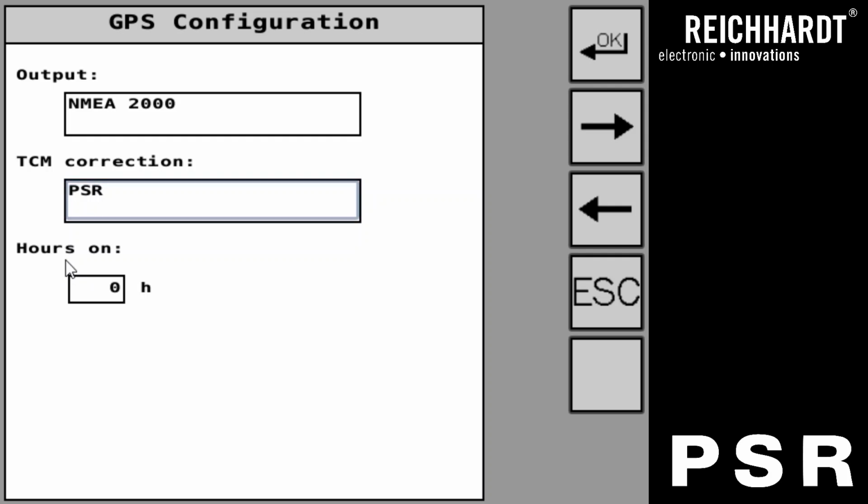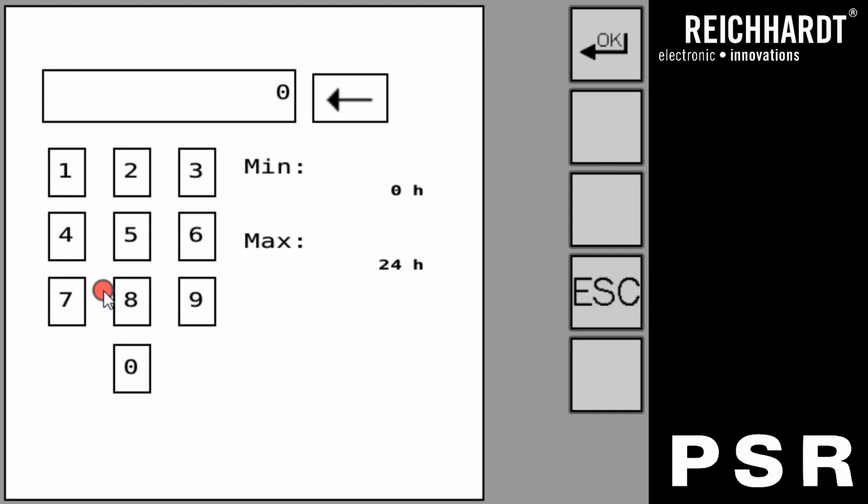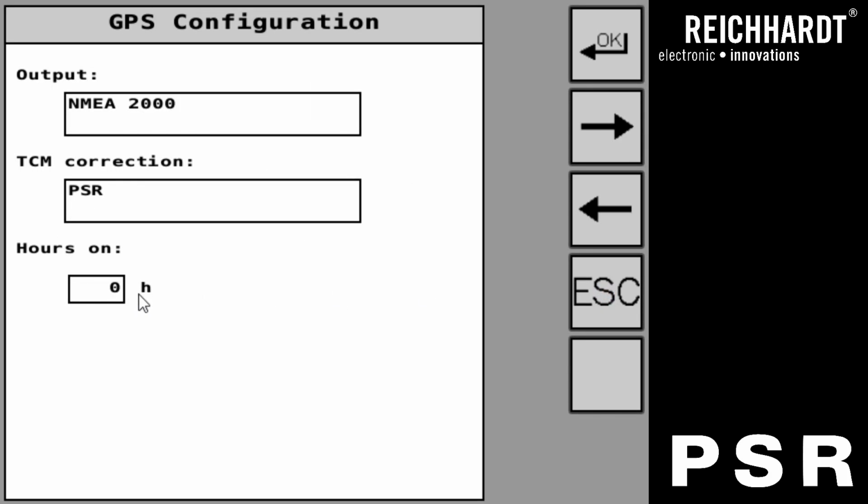Lastly, we do have an output pin, and in some wiring harnesses we can maintain output power to a receiver for a period of time after we see key off. Default is set to 0 hours, but you can set this up to 24 hours, and it'll continue to provide power from a battery pin into our controller, out this power pin for a period of time X, and then it'll power down. And this allows the receiver to stay powered up,